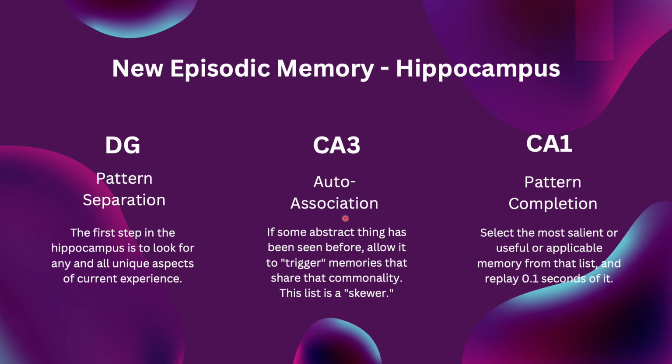CA3 would be involved in auto-association. In other words, if some abstract thing has been noticed or experienced before, allow it to trigger memories that share that commonality. And the list of memories that you would pull up would be what I call a skewer. Finally, CA1, pattern completion, would select the most salient or useful or applicable memory from that list. Generally, it's going to be the most recent item on the list. And go ahead and replay 1 or 0.1 seconds of that memory, like just as a little snippet video that